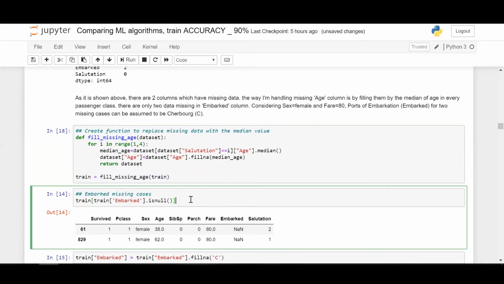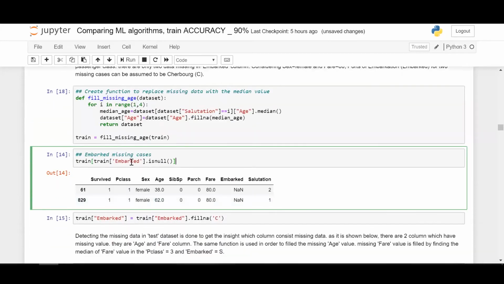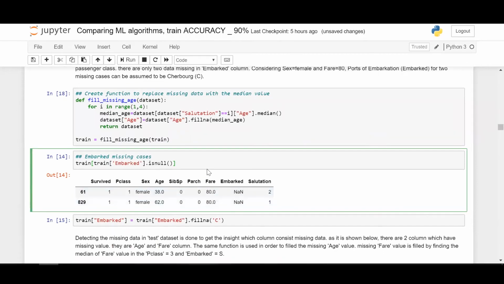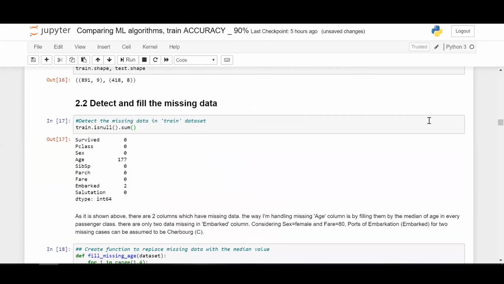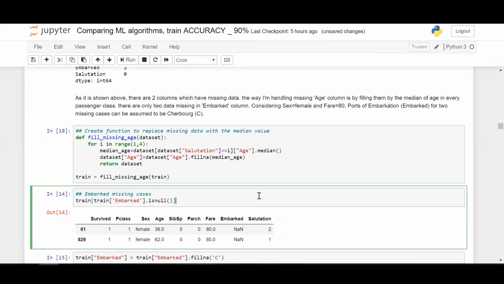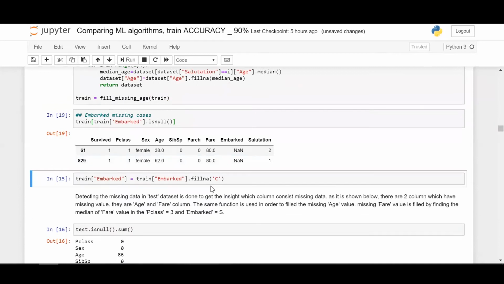And unfortunately, we have embarked as null also. Embarked from which place? If you notice, there are three. We have noticed that there are 3 different ports from which the passengers have embarked in our previous exercise with the Titanic dataset. So you're just seeing the ones which are null. So what we can do is, since C is the most frequent one in embarked, we are replacing the NaN values in embarked with C.